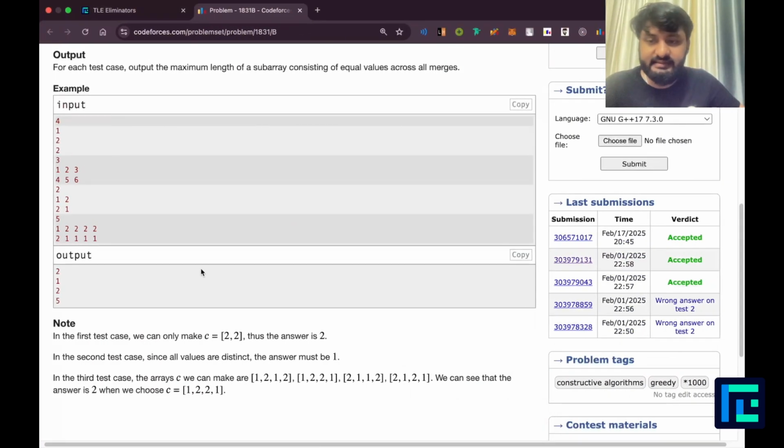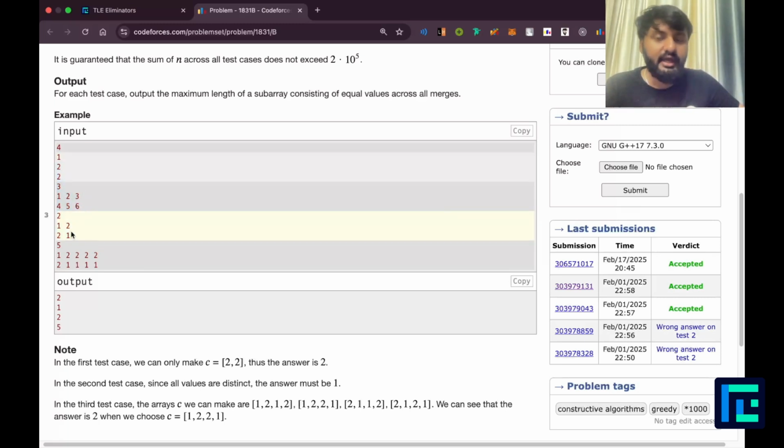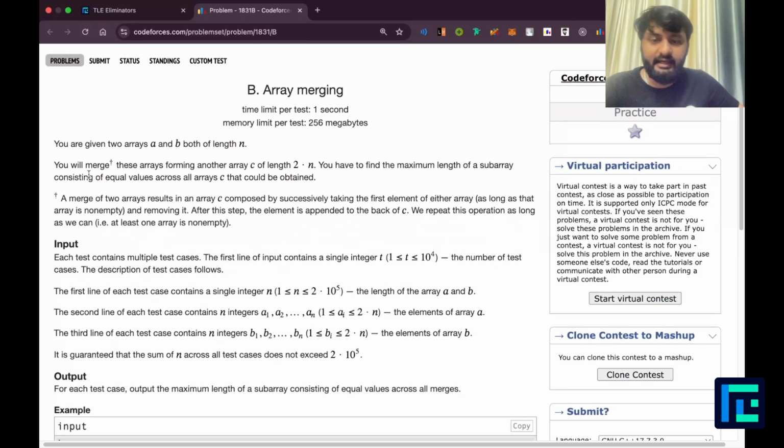We have understood the test cases. You can pause the video, run this simulation once more on these cases, although they are very easy. Try to figure out something of your own, try to come up with some idea, and then let's start actually discussing the problem. So before we proceed further, we need to understand what sort of a time complexity we are